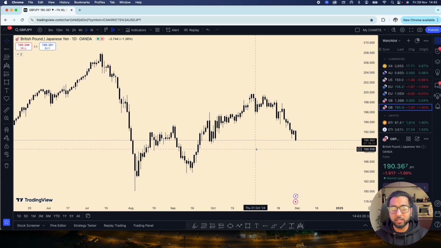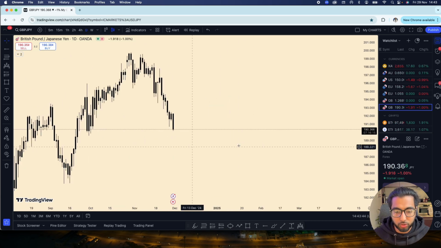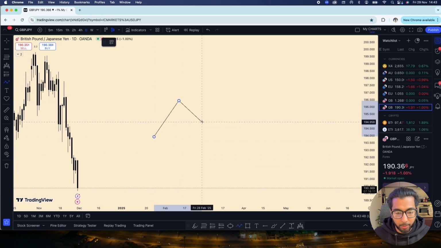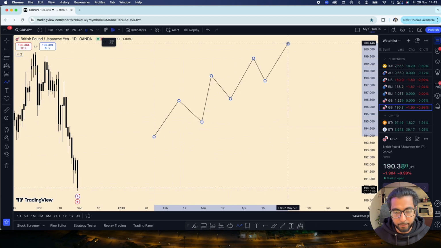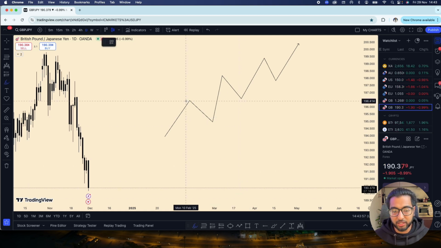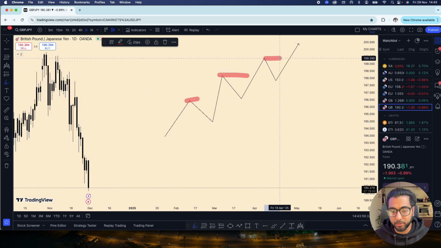So with liquidity, there's two sides to the coin, right? That's where people are buying trades, and that's where people are taking away their trades or selling or shorting their trades, or closing their trades. So for example, let me just draw this out quickly. If I was drawing an uptrend, right? Now, if I asked you guys, okay, where would you take out your trade? You would say, I most likely take my trades out over here, right?